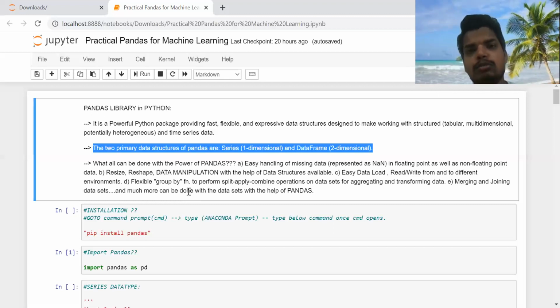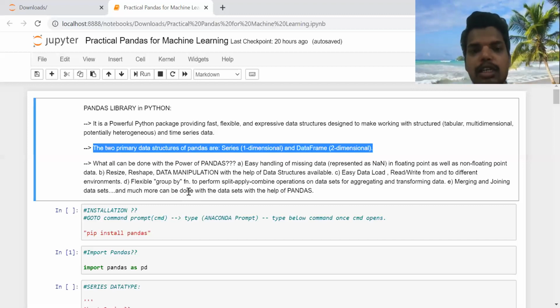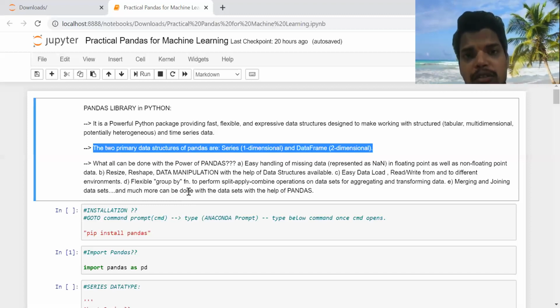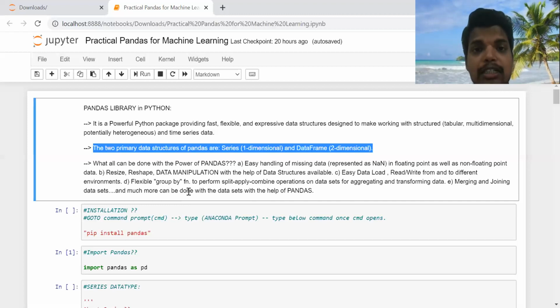Mostly group by is done for aggregating or transforming the data based on certain groups. Okay, and we can even join and merge data sets also. If two different data sets are available which we load, and you want to join or merge them based on some similar column, we can do that with the help of pandas. So these were certain functions, certain tasks which we do with the help of the pandas library.